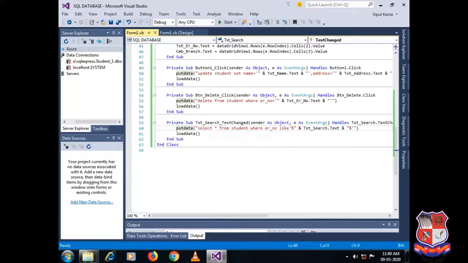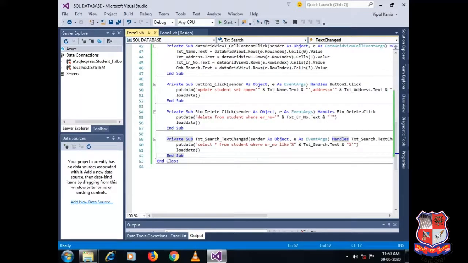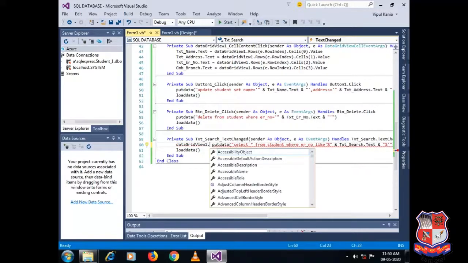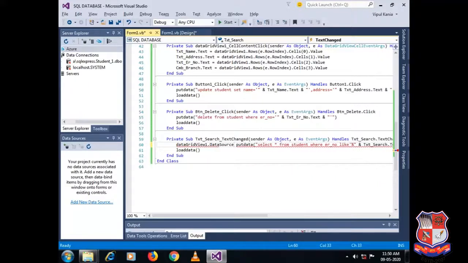Where enrollment number like. Actually, by mistake I have written the wrong query over here. Instead of that, DataGridView1.DataSource is equal to GetData, because it's a select kind of query, so we cannot call the PutData method, right?